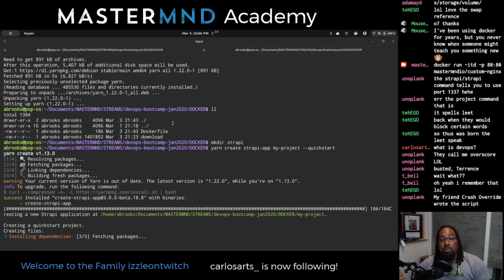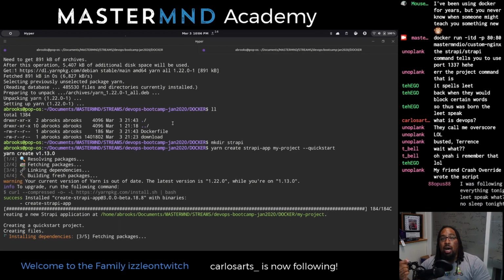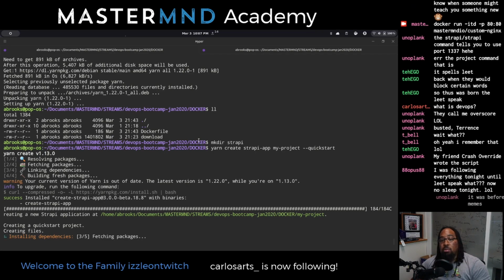Actually, this is a perfect point. This is exactly what Docker solves. This is a problem that it solves. So you see me now having to go in and run this stuff, and all these things are installing dependencies, fetching packages. All the stuff is getting installed on my computer. And it's giving me a very specific version of things. I would be responsible for keeping these things up to date as we built things out.